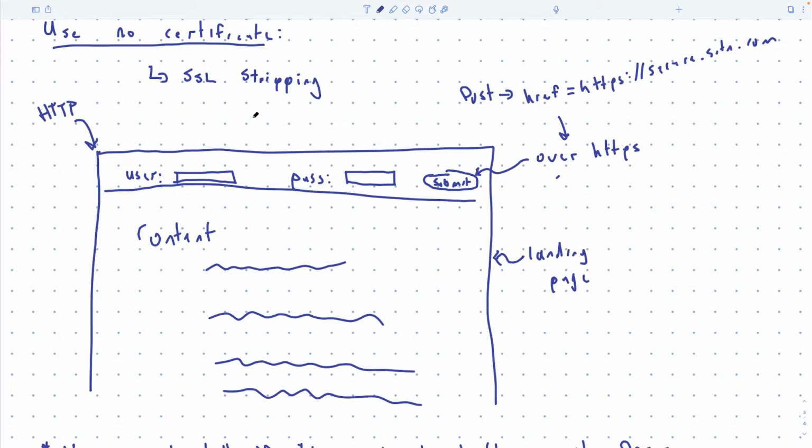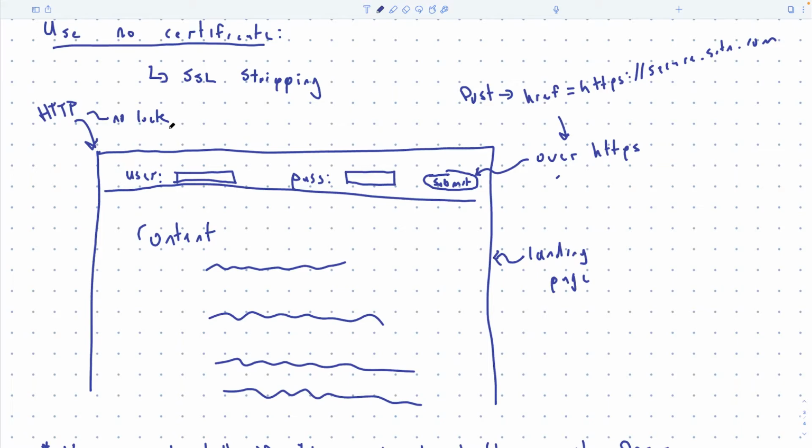Yeah. So a website like this, which has content loading on HTTP and the username and password loading on HTTPS, will it have a secure lock symbol on the URL? It will not. Because the landing page, the base page, comes over HTTPS, there will be no lock. The lock only applies to the main page itself. And there are some ways where the main page comes down, but then, let's say you load JavaScript, then it's going to take the lock off. So it's necessary but not sufficient that the landing page comes down over HTTPS to see the lock.